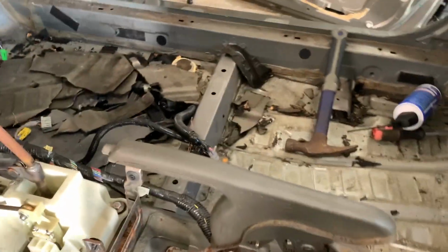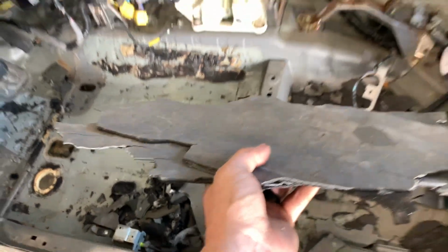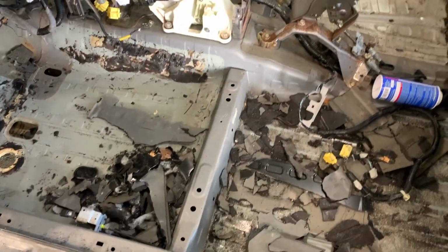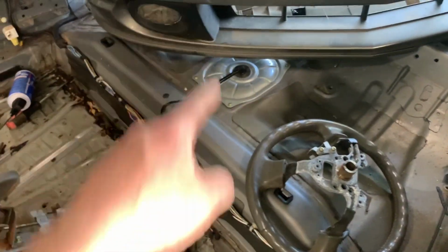But you can see how much stuff this is, and that right there is probably a good pound in itself. So my brother Travis said he got about 30 pounds out. I'll probably end up going and getting more and doing the fronts and the backs. But what we're gonna do now is get everything cleaned up, clean the whole inside of the car out, and